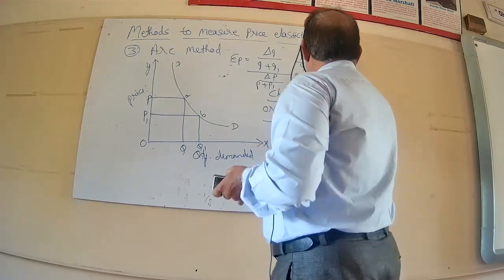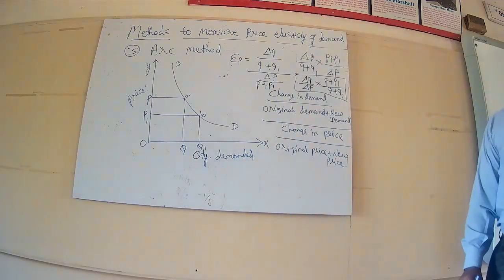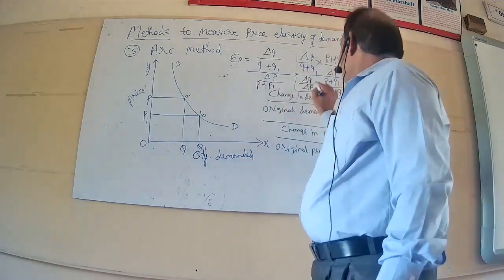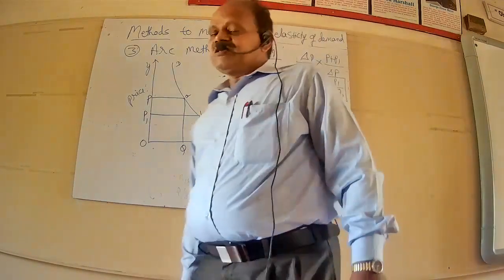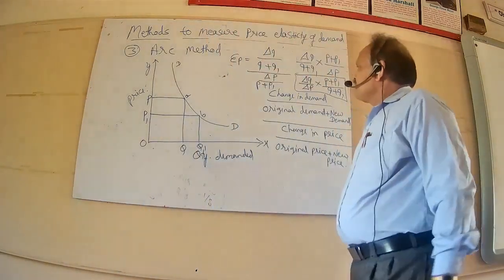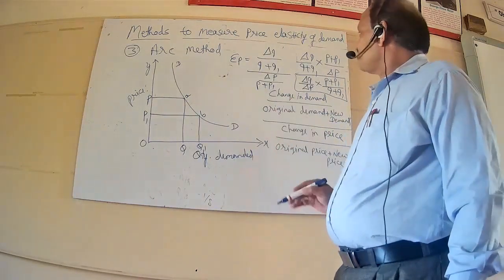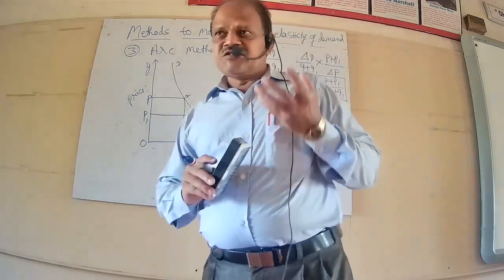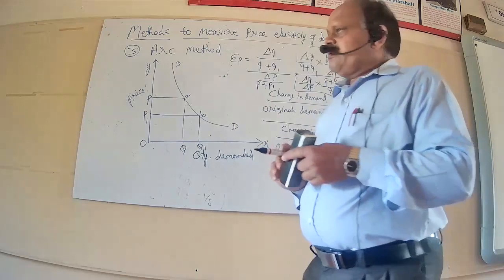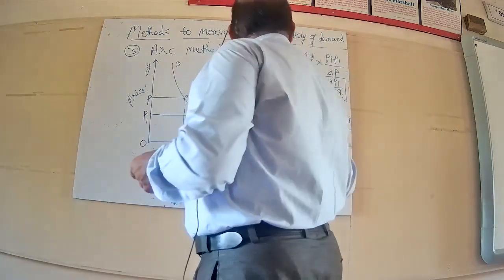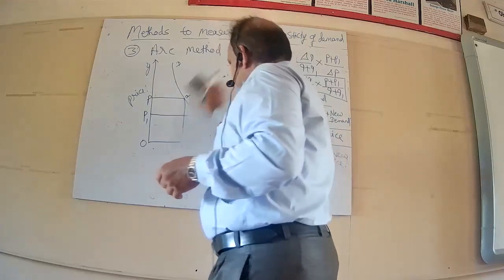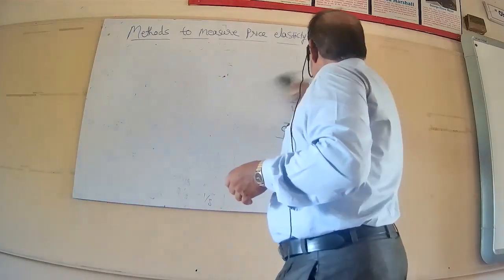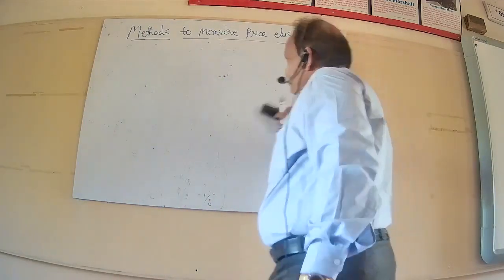So initially I have written this formula. Therefore, this is the final form of the formula which can be used to measure the price elasticity of demand. So these are the three broad methods to measure the price elasticity of demand: total outlay method, point method, and the arc method. Among these three methods, arc method is superior because it takes into account minute changes. It is not necessary to consider the straight line demand curve. Demand curve may be a curved line.